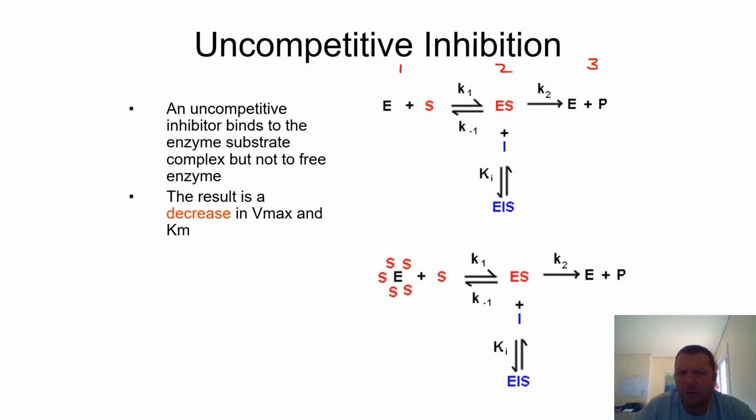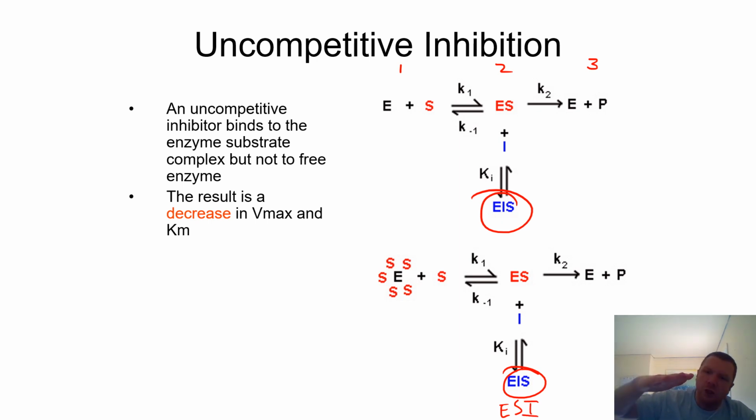Okay, so how is that going to happen? It's a little bit weird, but this is what an uncompetitive inhibitor does. An uncompetitive inhibitor is going to sequester your free enzyme in this EIS or ESI complex. You'll use that ESI kind of interchangeably. And so what that's going to do is diminish the amount of free enzyme that's present. And so what that seemingly does is cause a reduction in your Km. Now that's a little bit confusing because a reduction in your Km, you could argue that's a good thing,